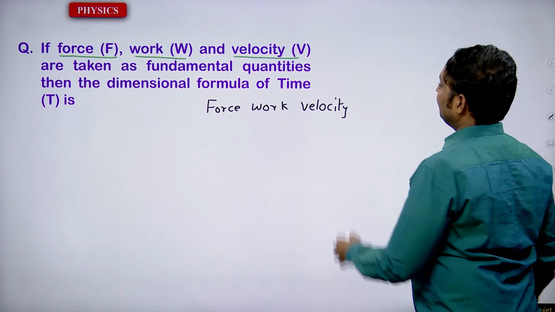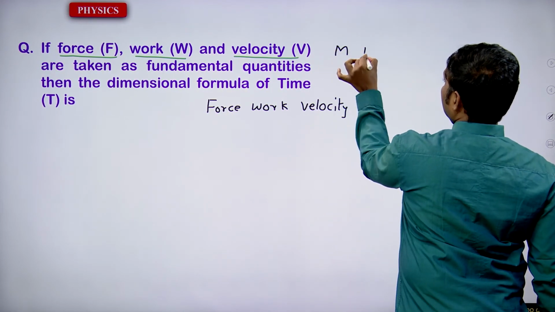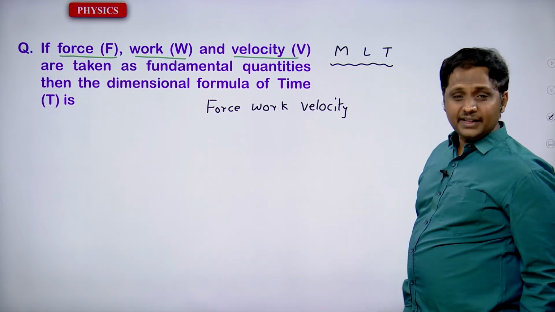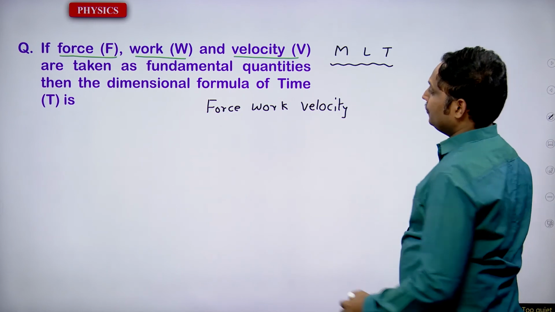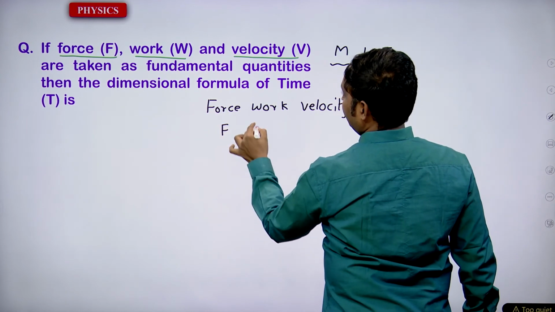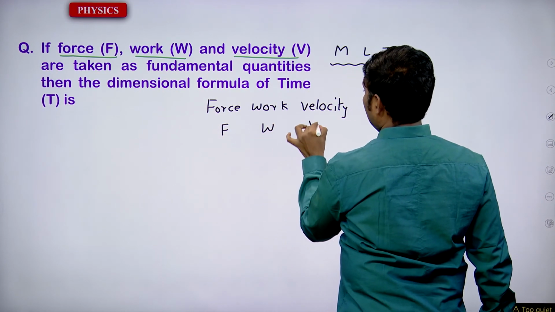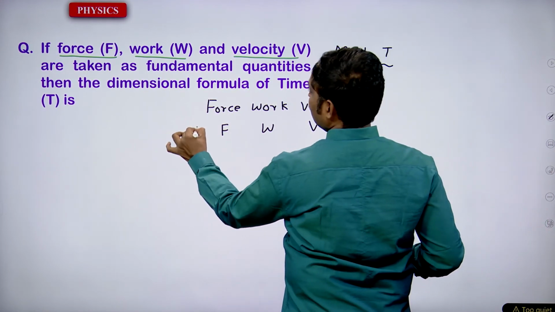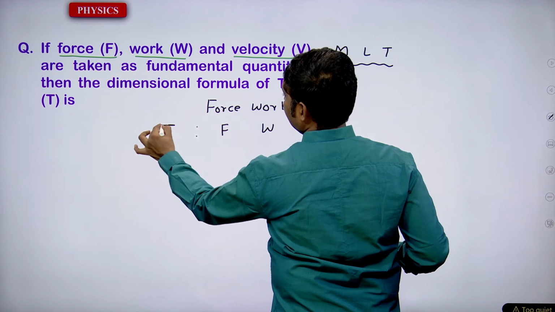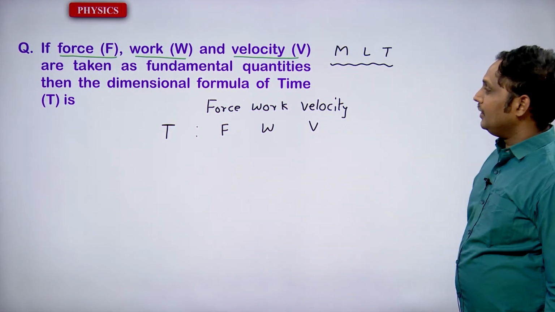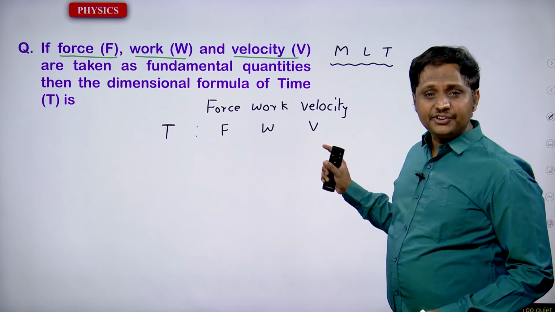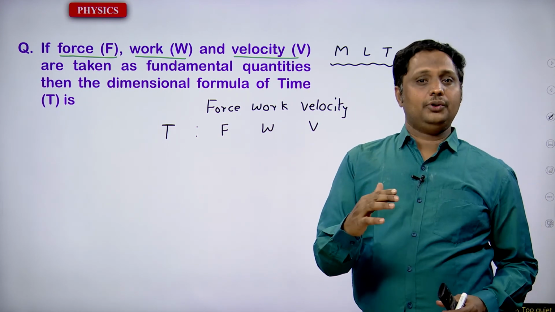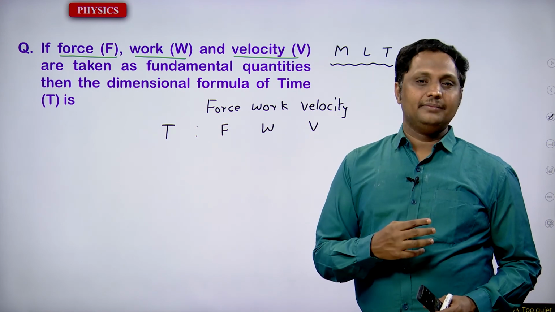In general, we take mass, length, time as base quantities. But what have they given? They have given force, work and velocity as the base quantities. So they are going to have a relation with time, just you have to take this one. Then, if we consider that the base quantities are force, work and velocity,